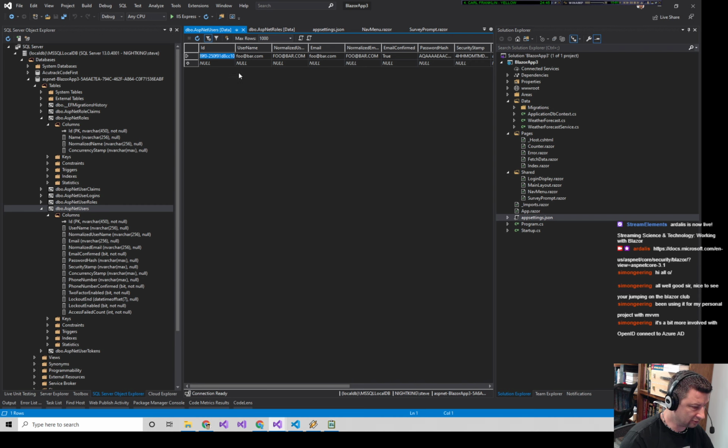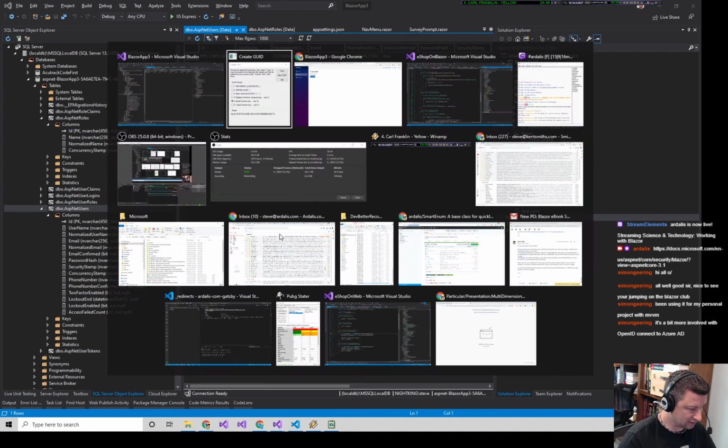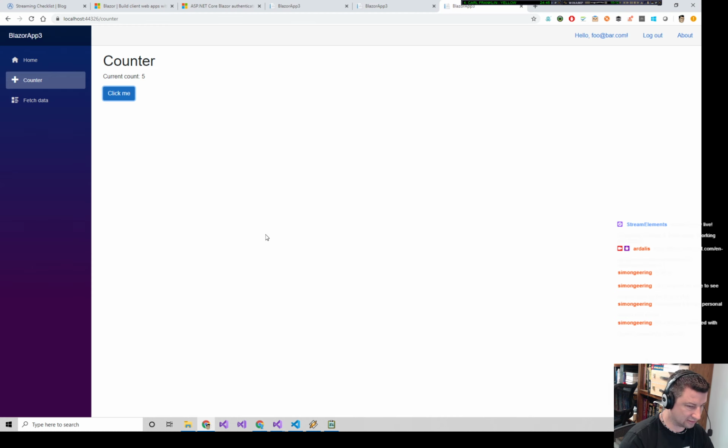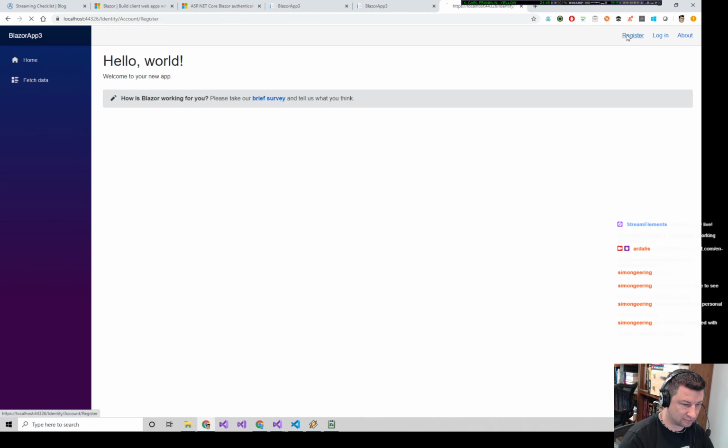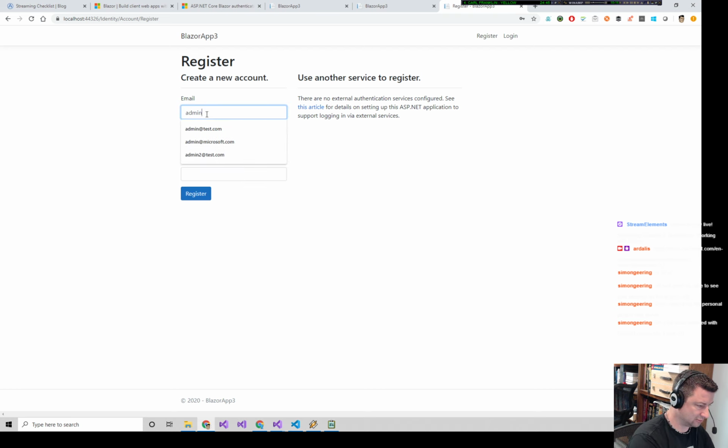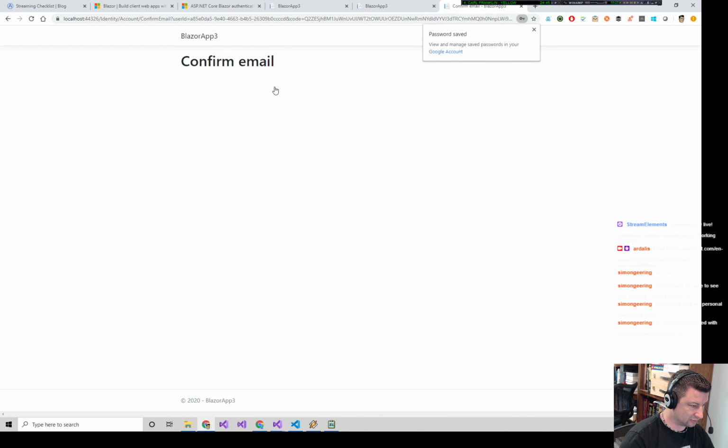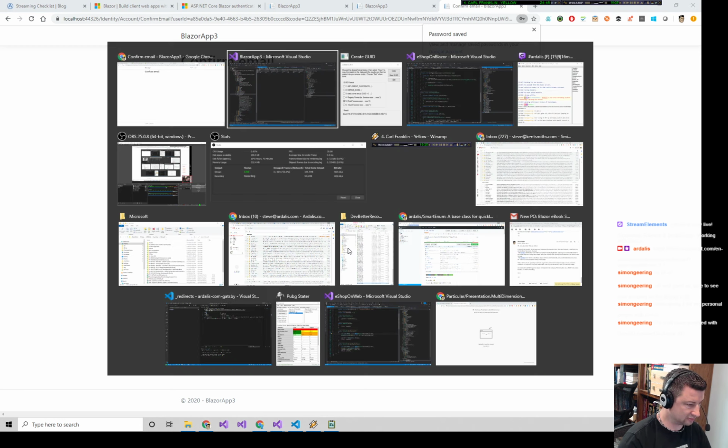So we can create another one called admin or something and put them in the admin role. And then we'll see if we can lock things down to have that person have access. So let's go back to the browser now that we've created a role. We'll log out, we'll register, create admin at test.com, suggest a password, it's fine, register, confirm, and now we have